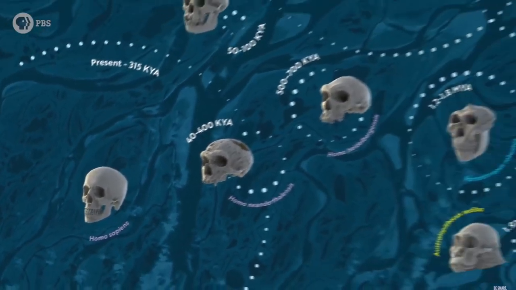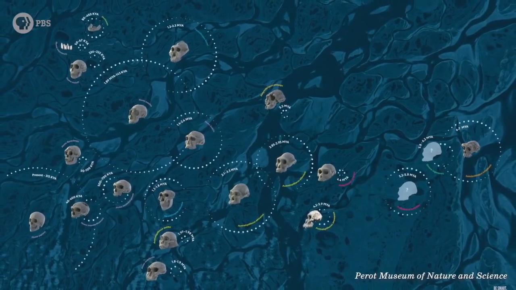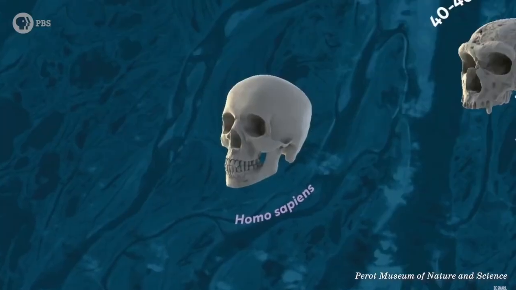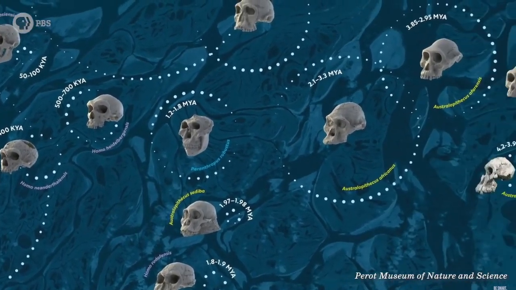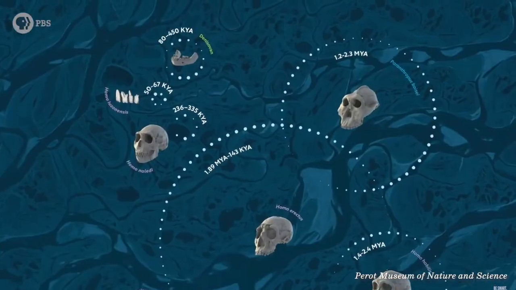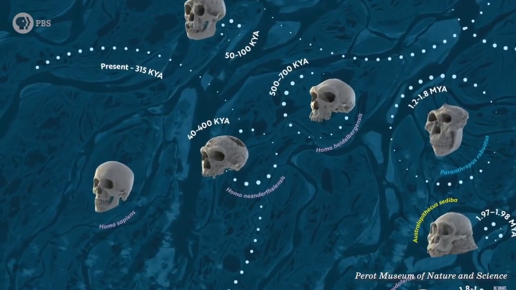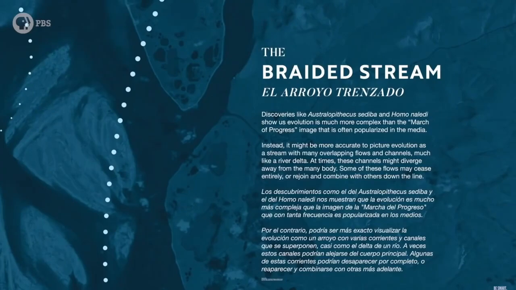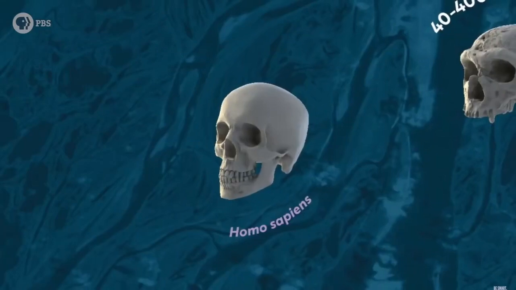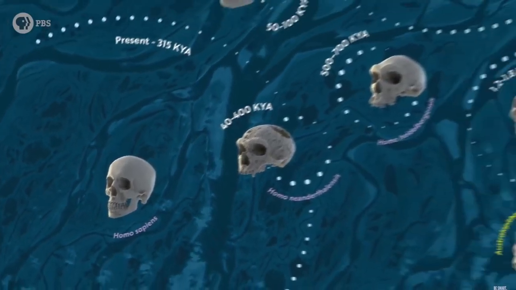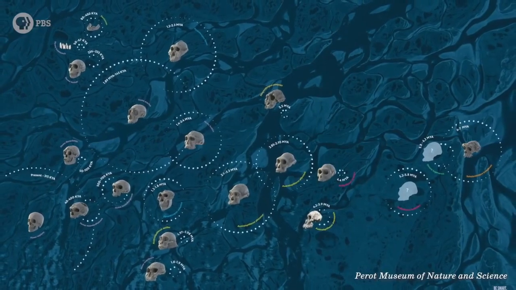Evolution is like a braided stream, no? And we are just one end of that stream. We are just one branch, no? But we're not the only branch, no? Along the way, we have seen a lot of different hominin groups that have been evolving just like us and have met their end. And perhaps we're the only one that has been extant, that has been surviving, a terminal species. No? Others have split off, faded out.